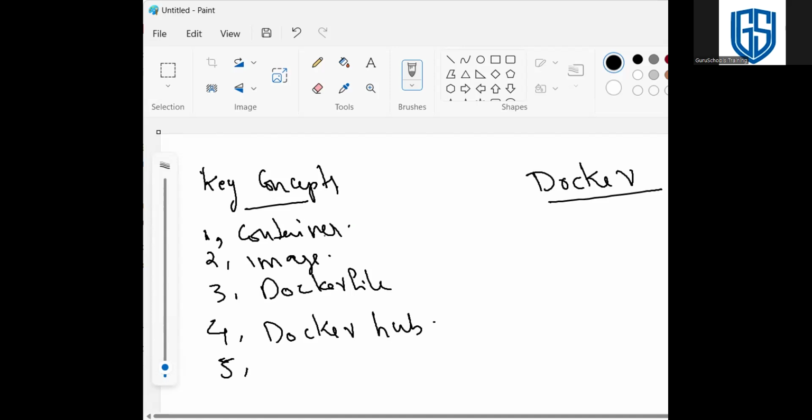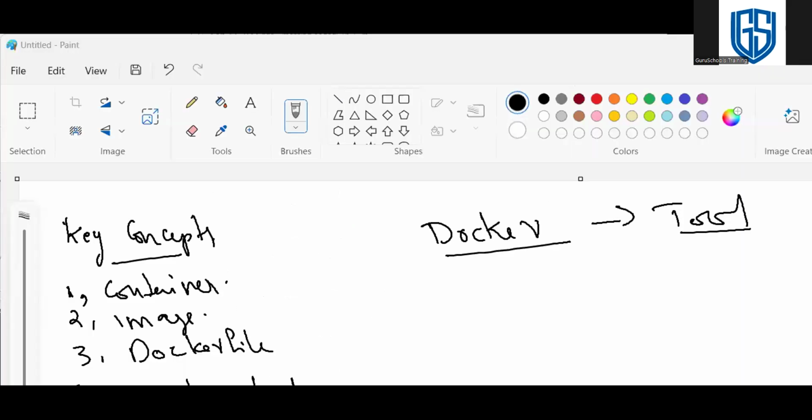And Docker engine. So these are the key concepts of Docker. Okay. So we need to go through each concept.